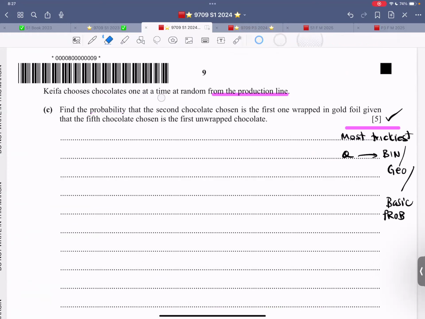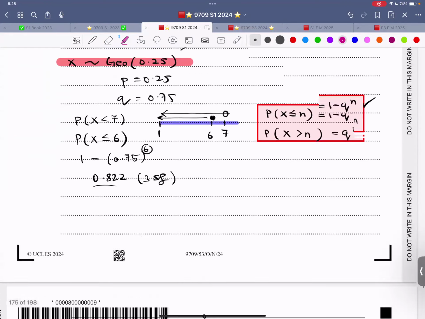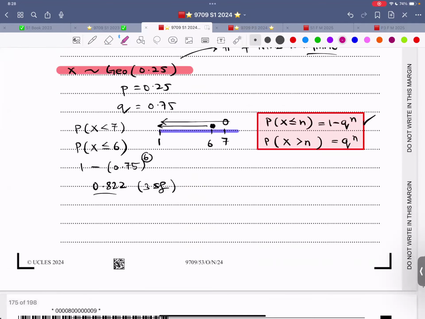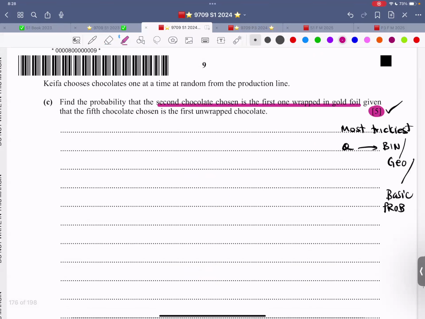First of all, let me again remove this color. Now over here, I am talking about these 5 marks. It says Kifa chooses chocolate one at a time. Find the probability the second chocolate chosen is the first one wrapped in gold foil. So what are the colors that I'm using? I'm using color blue for gold, red is 25%, green is 45%. Green is the unwrapped. The first one wrapped in gold foil, given that the 5th chocolate is the first unwrapped